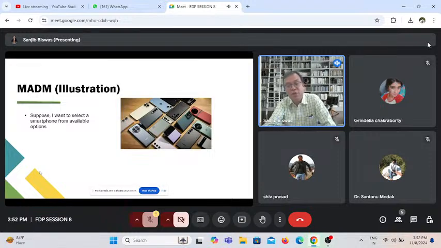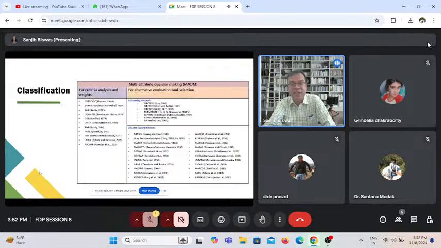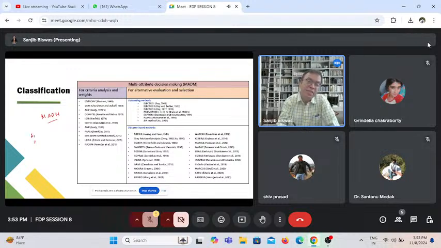In this particular talk, I would focus on MADM. As I said, the other part is already covered. Now, if you look at the several techniques of MADM, you will see that an enormous number of techniques are there. In the case of an MADM problem, I have a decision matrix like this, with alternatives A1, A2, A3, up to AM, and a finite number of criteria, C1, C2, C3, up to CN. So this is my decision matrix.